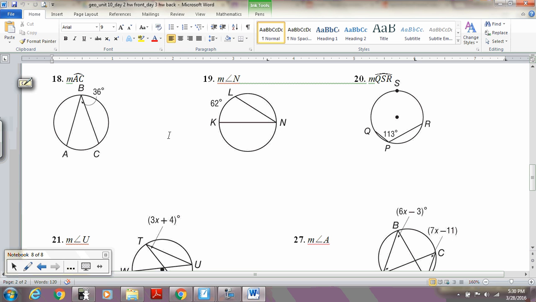So for number 19, we're looking for angle N. Angle N is right here, and angle N is intercepting arc LK, which is